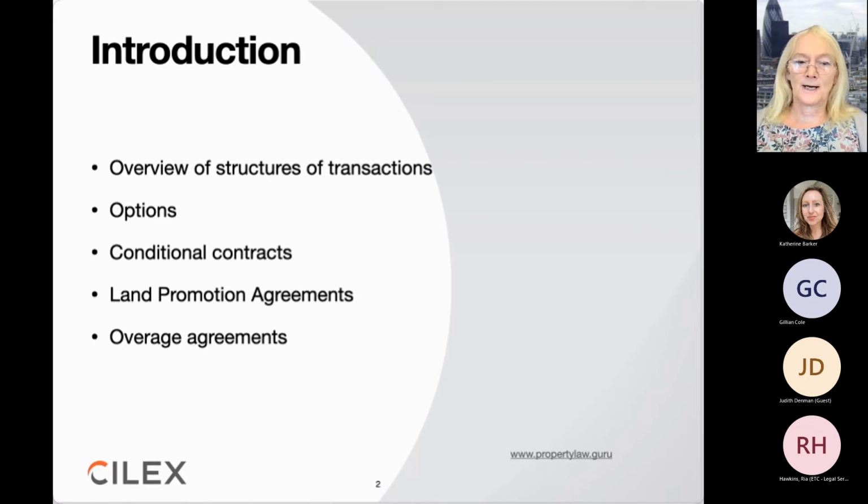So the conditional contract, as we'll look at later, will often force the builder to make an application for planning permission. So he can't just sit on it for 2 years and then say, I've changed my mind, I'm not going to do anything, whereupon the seller has then got to go back to square one and find someone else, 2 years down the road, and he's got to start another 2 years. With a conditional contract, the seller will impose an obligation on the buyer to make a planning application, and we'll look later about how detailed the seller's control may be over that planning application.